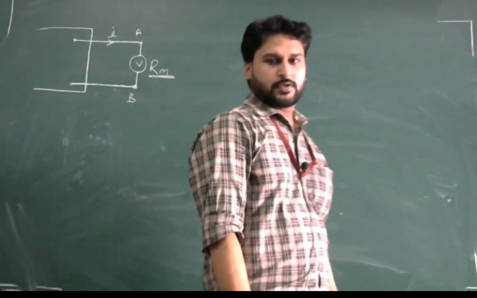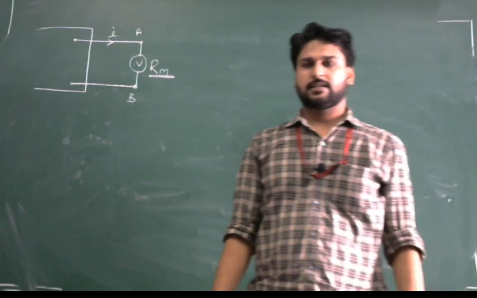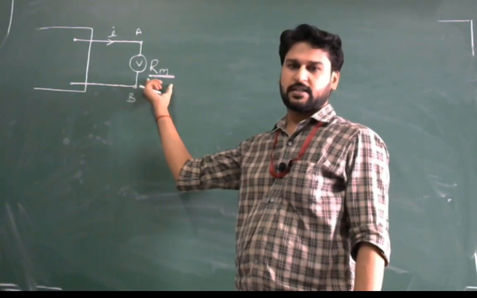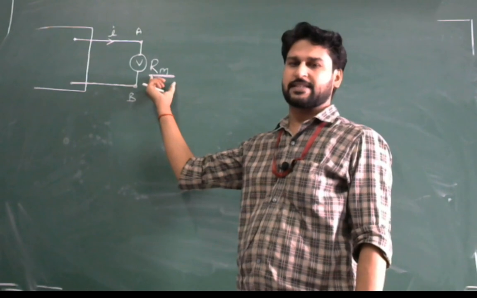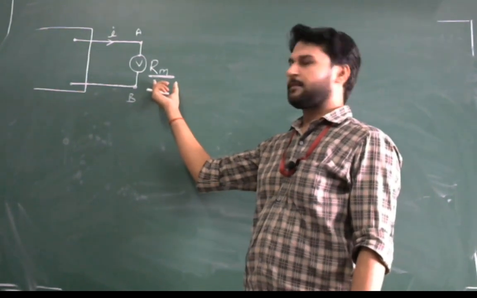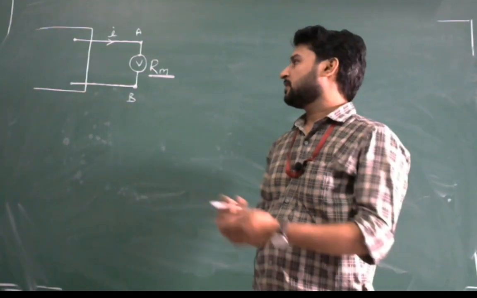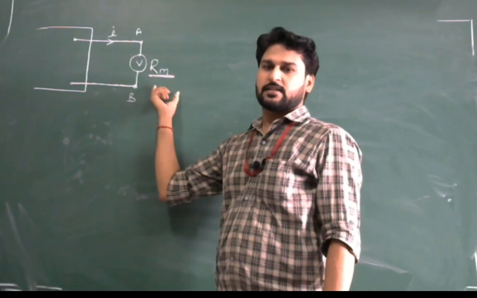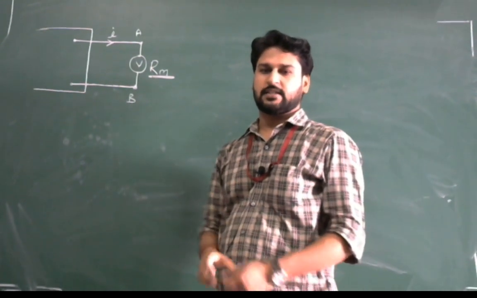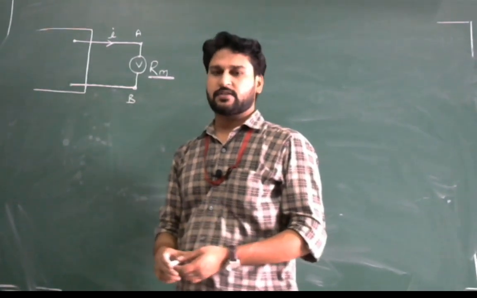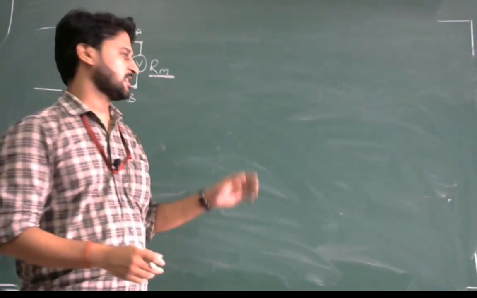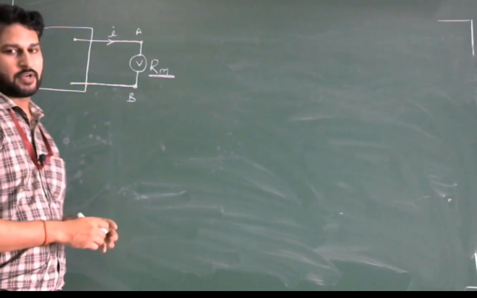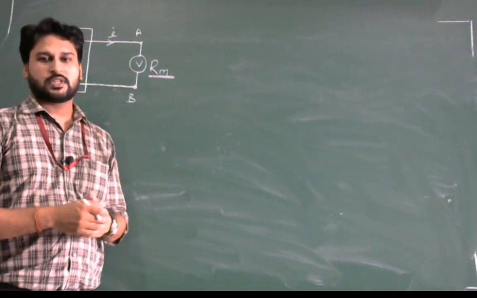To draw negligible power from the circuit, this instrument should have a very large resistance, but that is not there in the PMMC instrument. This resistance is not very high; it is in the order of kilo ohms. So this instrument will draw some current from the circuit, hence it will dissipate some power taken from the circuit. This will reduce the accuracy of the instrument. Because the resistance is not infinite, it will take some current and draw some power.